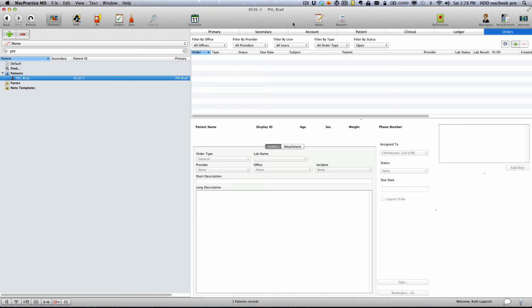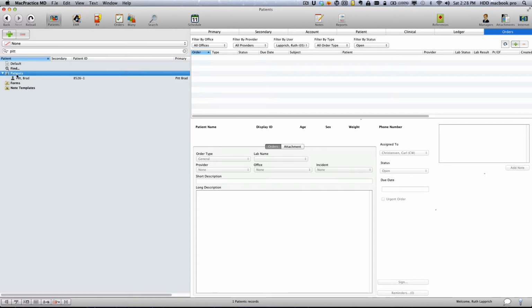So you see patients who line up here, and we're going to select Brad Pitt. And if you look up here in the window, Brad Pitt is now selected. And also, if you look at this little icon here, this means we're only looking at one patient, which would be Brad Pitt. If we wanted to look for a lot of patients, then we'd have to go back to selecting